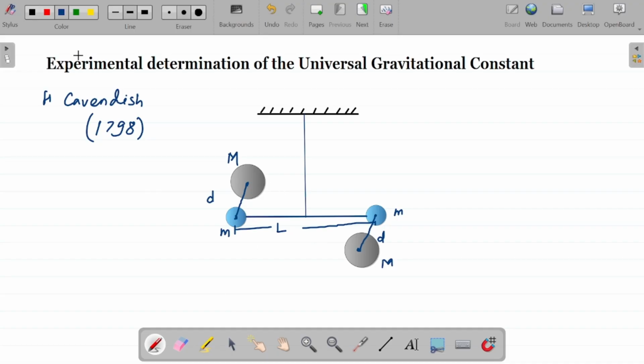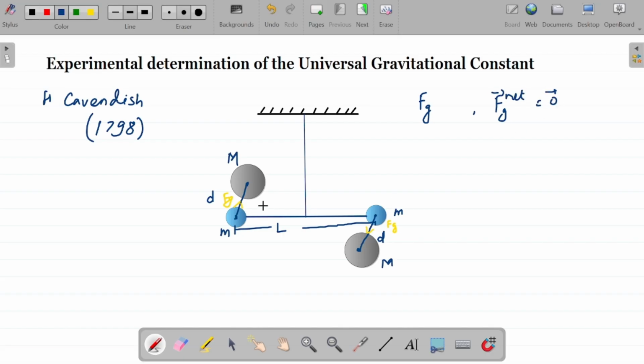Okay. So there will be a gravitational pull, and this will be along this direction, and this will be along this direction. Let's say this gravitational pull is Fg, acting on the spheres. Now this gravitational pull and this gravitational pull are both equal in magnitude but opposite in direction. So if two forces are equal in magnitude and opposite in direction, they give net force 0. So the net force on the system is 0,